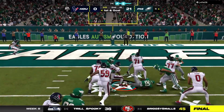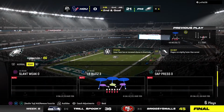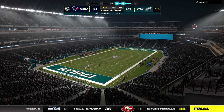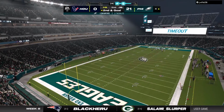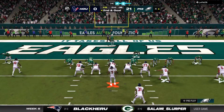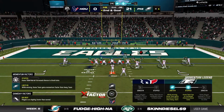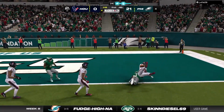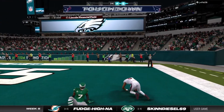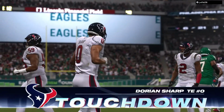Here's a handoff out of the gun. And the hole closes quickly here. He can fight only to about the 4. The Eagles going to take the first of their timeouts as they'll talk things over prior to this upcoming 2nd down play. Texans from 4 yards